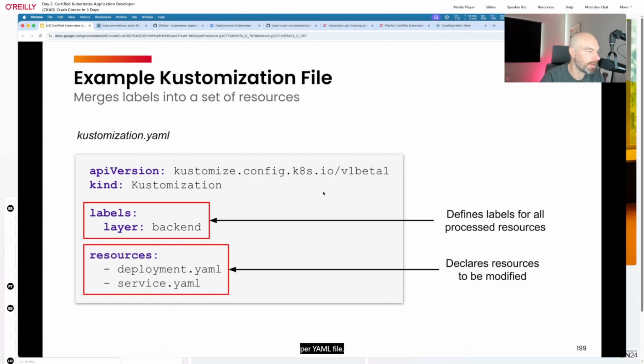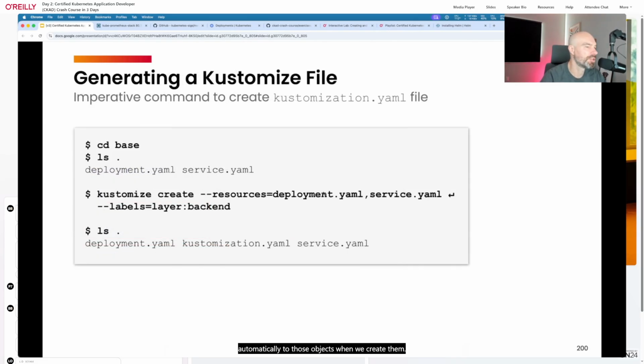per YAML file. You can see under resources, we mentioned the deployment and the service YAML file. And then on top of that, we define a set of labels which will be added automatically to those objects when we create them. Now, instead of manually creating that customization.yaml file, you can also generate that file as a